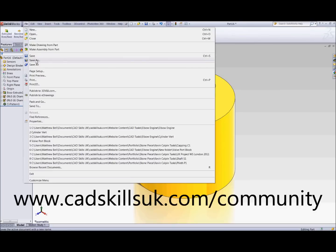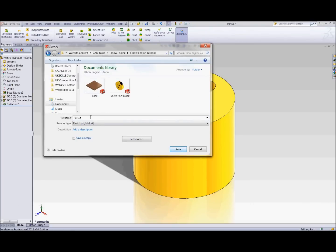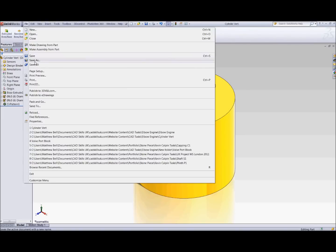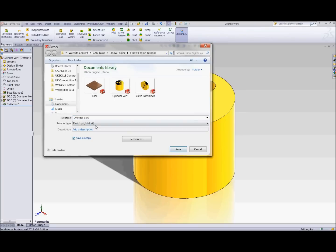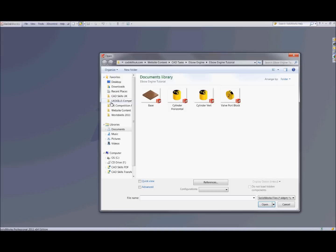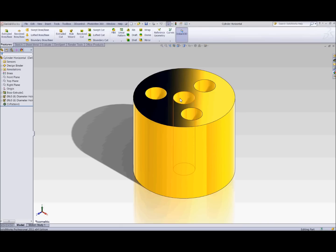So the first thing we're going to do is file, save as, cylinder vert, save. What I'm then going to do is I'm going to say file, save as copy, cylinder horizontal, and save. Now if I close this down and then open cylinder horizontal, we can just go back in,